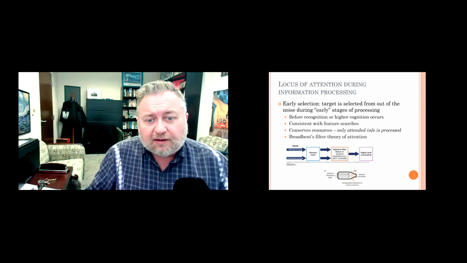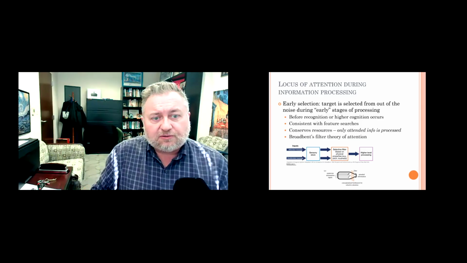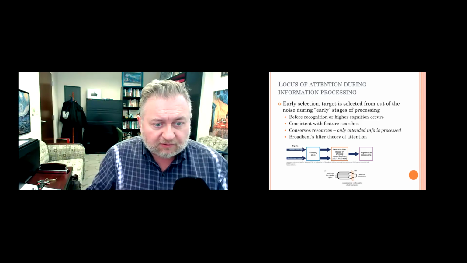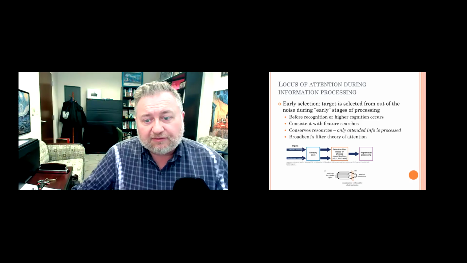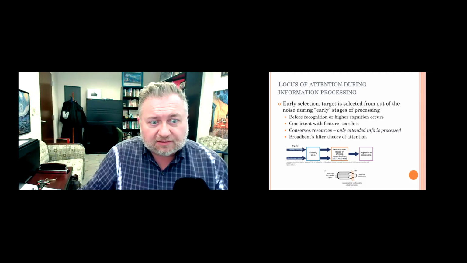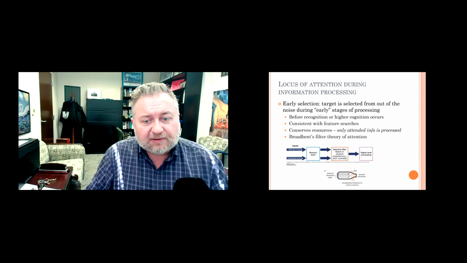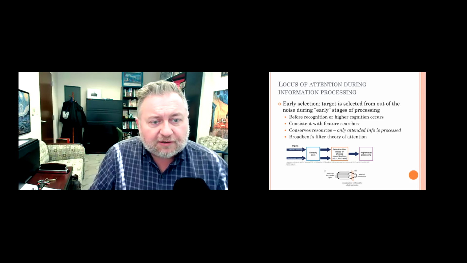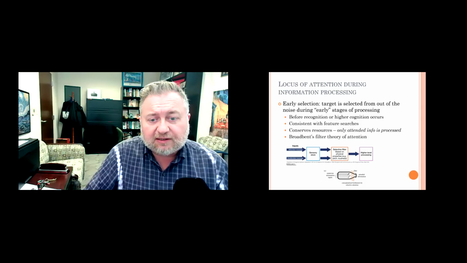So this distinction is relevant because now it allows us to maybe design certain experiments where we can try to see, well, can people say anything or not say anything about the unattended information? And that's going to tell us whether early selection or late selection is possibly happening. I also have one little note here that the concept of early selection is consistent with feature searches. So I want to explain that real quick.